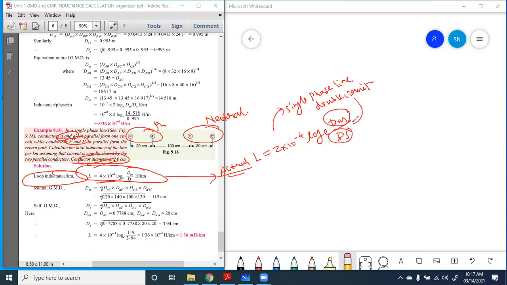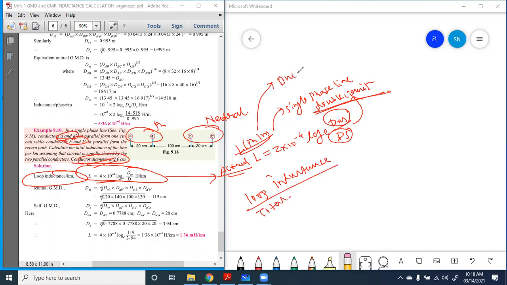But because of the dm and ds due to the double circuit line, the concept of self GMD and mutual GMD are used. But loop inductance means this is the inductance per phase per meter formula. We need a total inductance called the loop inductance, because this is only for the one conductor. That one conductor is made up from A dash. We need another conductor effect, that is the B dash conductor effect, considered when we again have to solve the inductance formula for phase B.